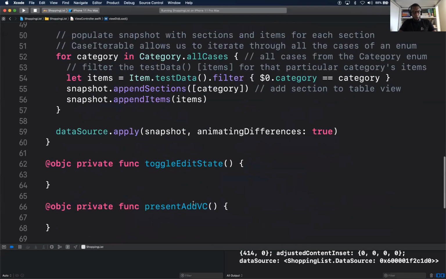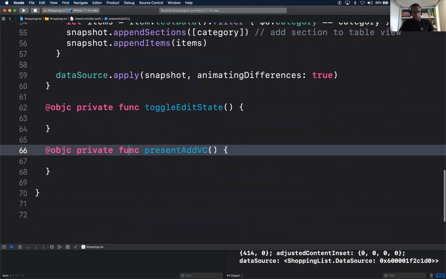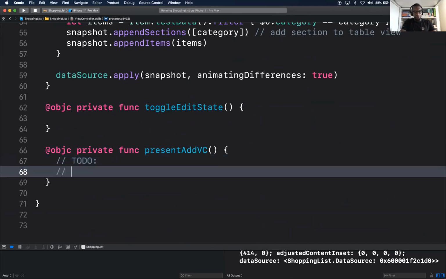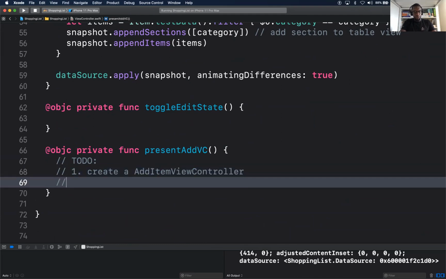So again, when we present this add view controller, so for the to-do items, this is more like review and also practice. To do, create